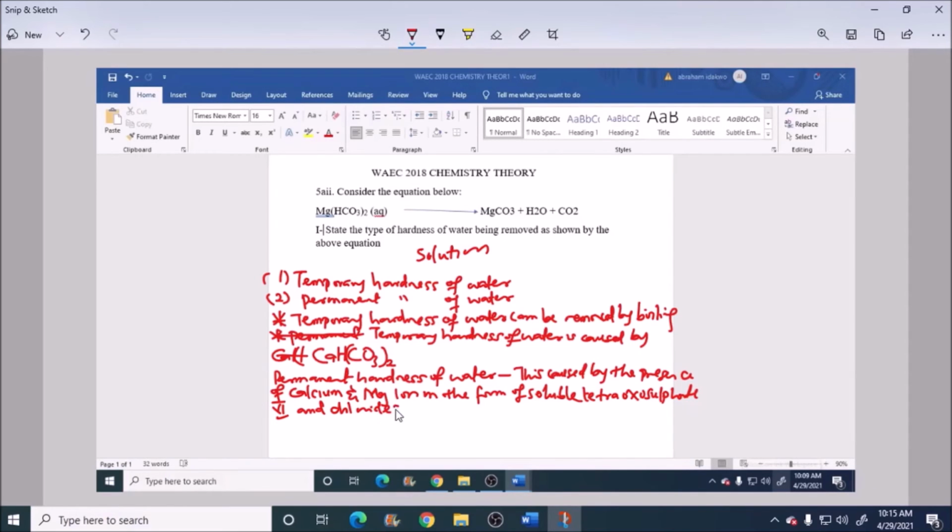So it is formed in the presence of calcium and magnesium ions in the form of soluble tetraoxosulfate 6 and